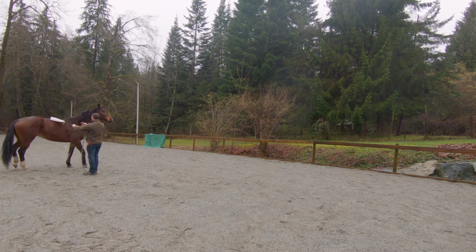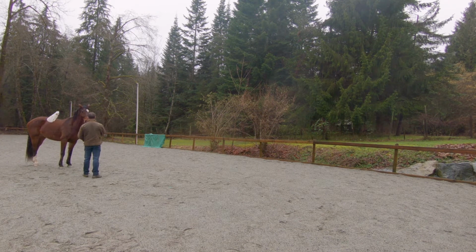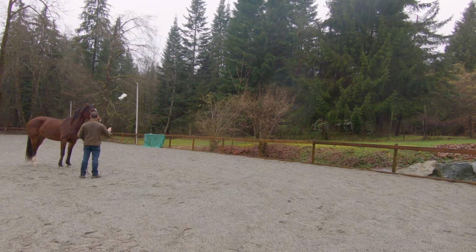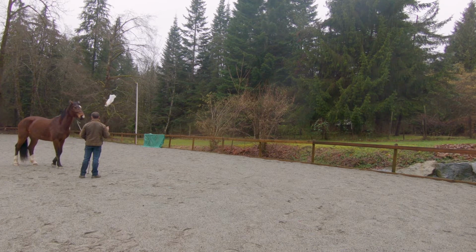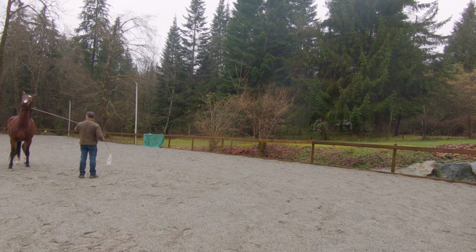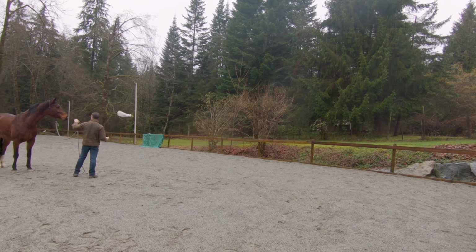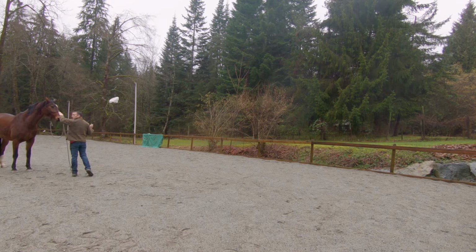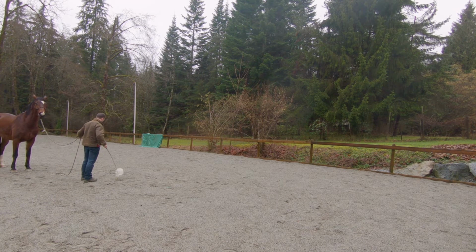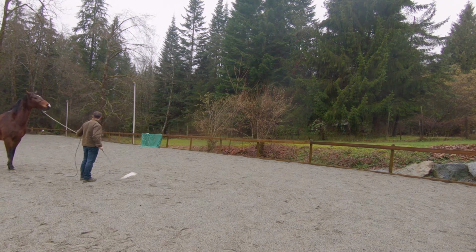So something to really, really pay attention to here, in my opinion, for my own safety, is that when she's going around me, her nose is on the inside. If her nose is on the inside, it means her butt is going to the outside. She's really good at rearing up. Some horses are great at rearing up. Some horses are great at just moving out of the way, left or right, doesn't really matter, and backing up. Horses that back up will tend to rear. They'll want to get their front end out of the way so that they can make a turn, most likely,